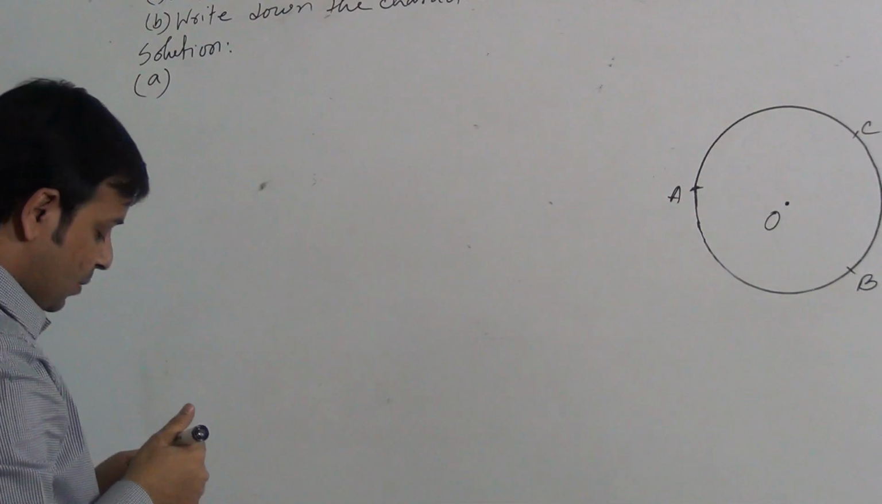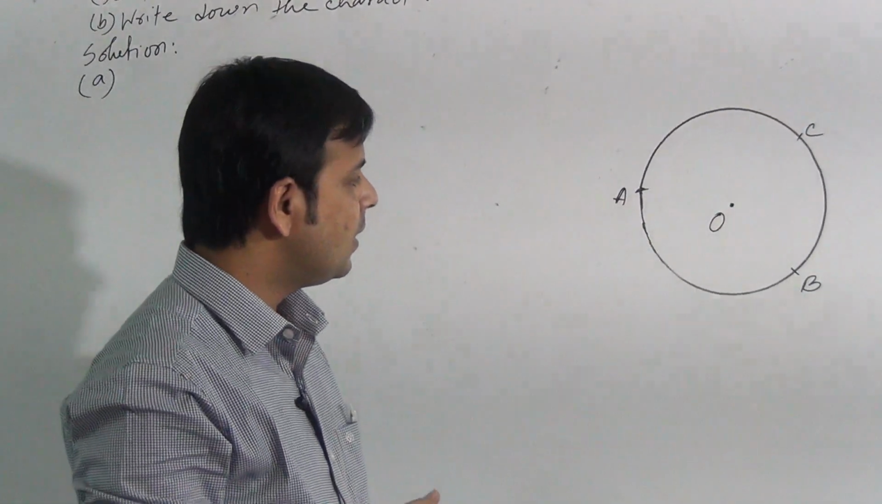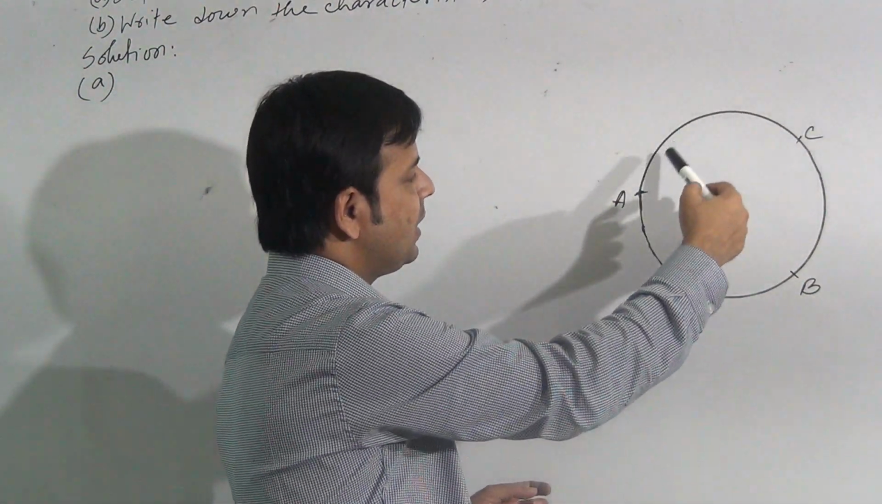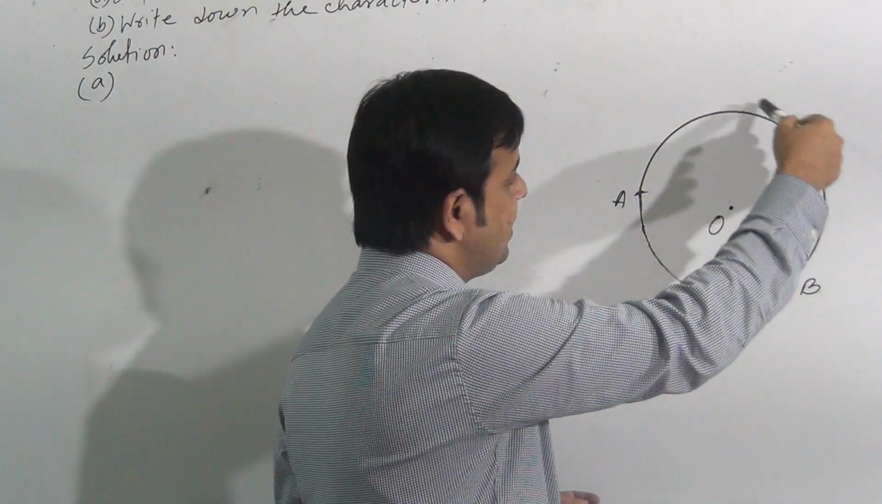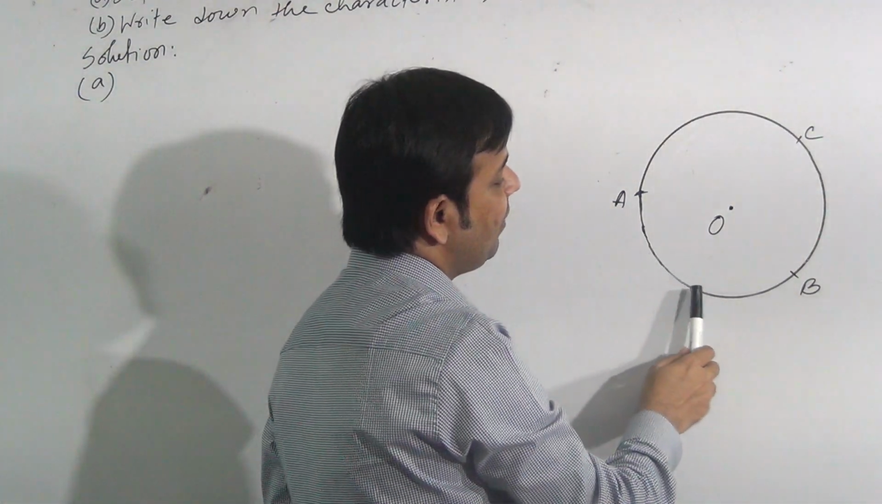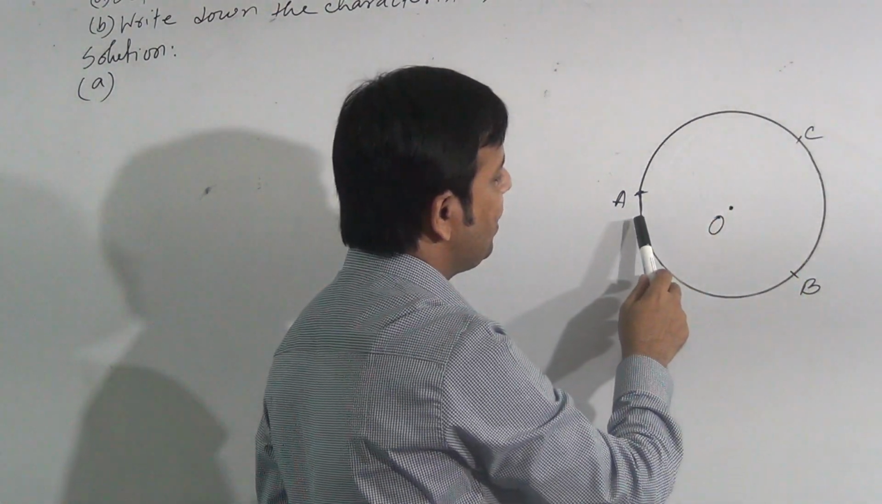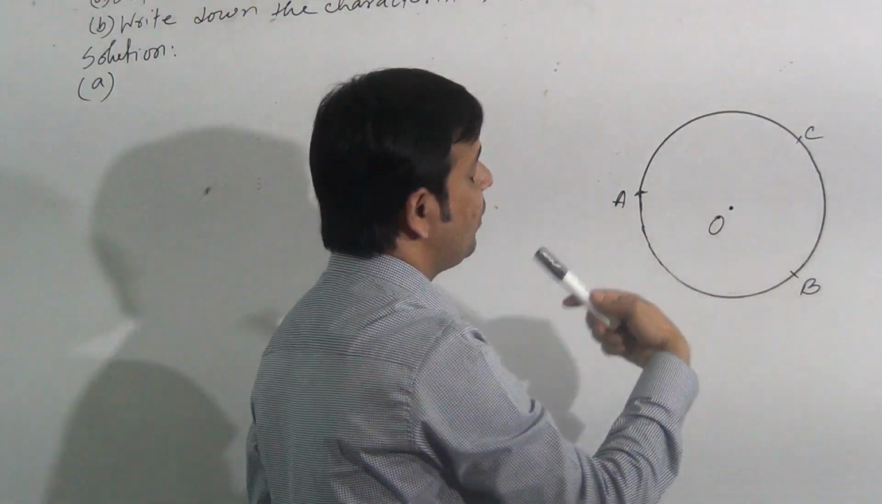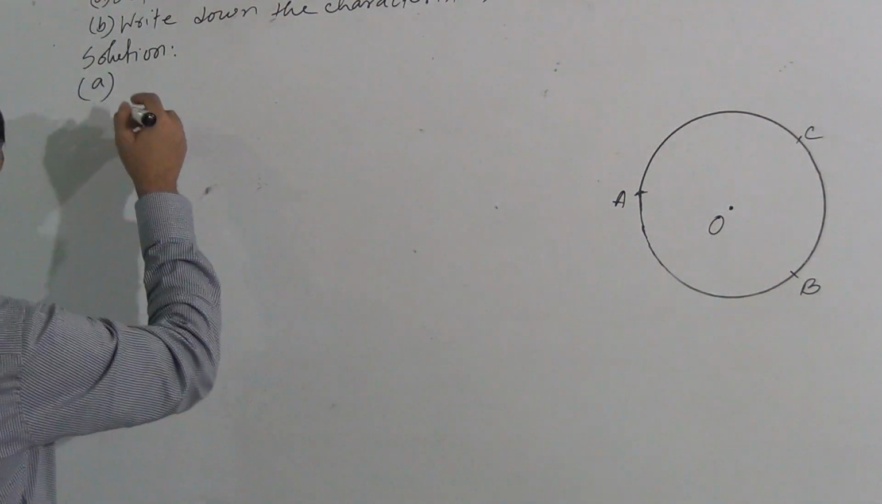Definition of circle. We have to define circle. What is circle? A closed curve whose points are at equal distance. It means in the curved line ABC, you will get infinite number of points here. Every point is equidistant from this fixed point. So we can say the definition: a closed curve